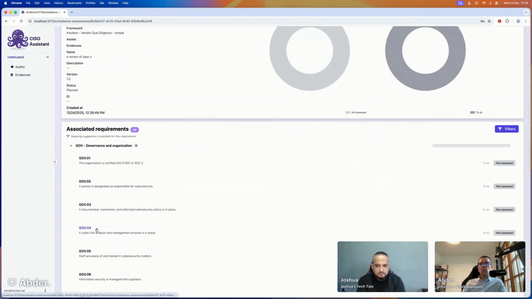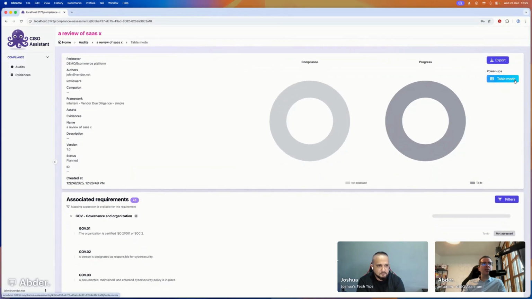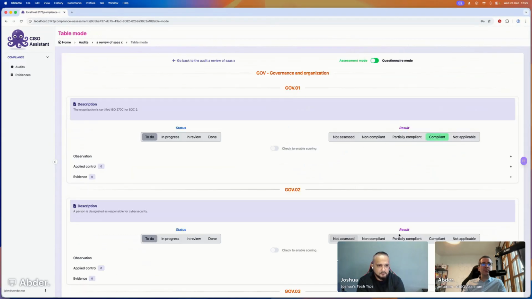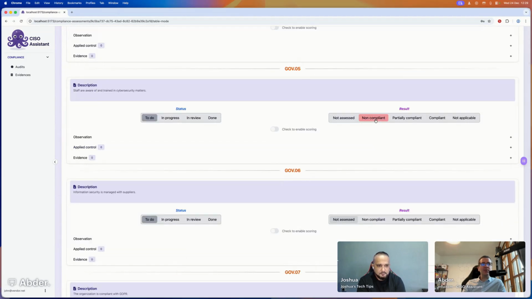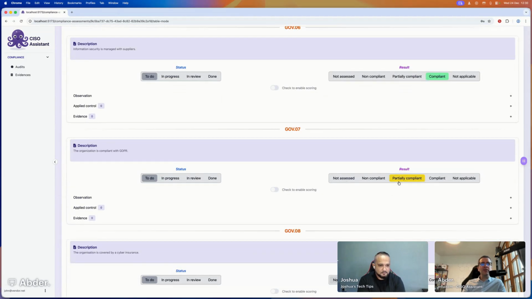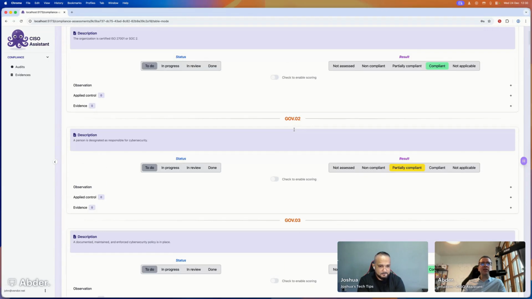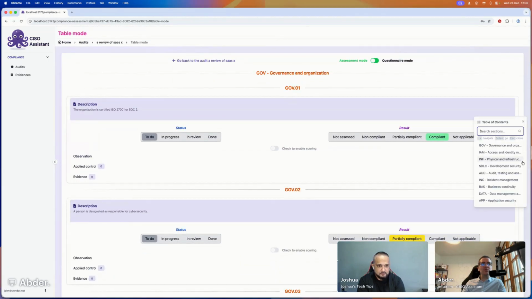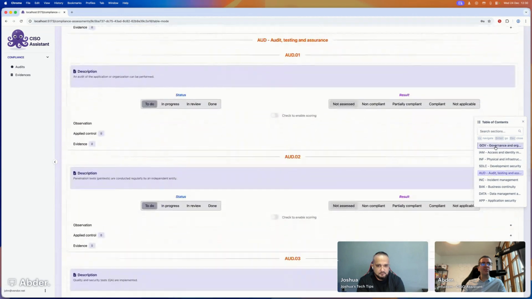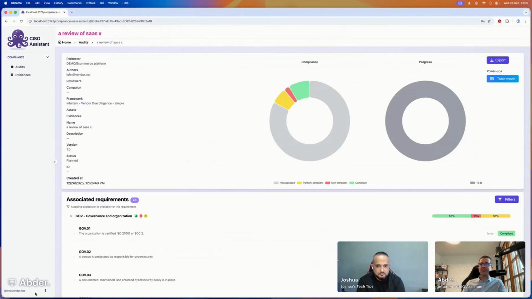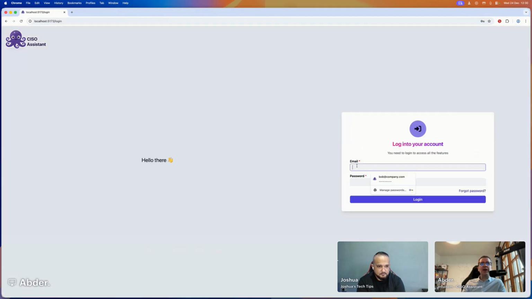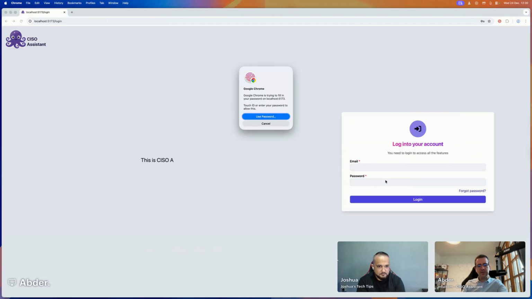All right. Once I answer those questions, let me just go very quickly on some items. You can just say compliant, partially compliant, compliant, partially compliant. Maybe I'm not compliant on this one, and so on. So I can just go very quickly like this. And notice on table mode that you also have the navigation menu, so that you can switch very quickly between the sections. Once I've done this, I can now go back to my initial identity,